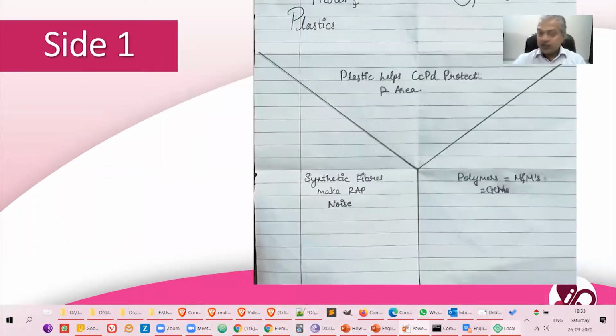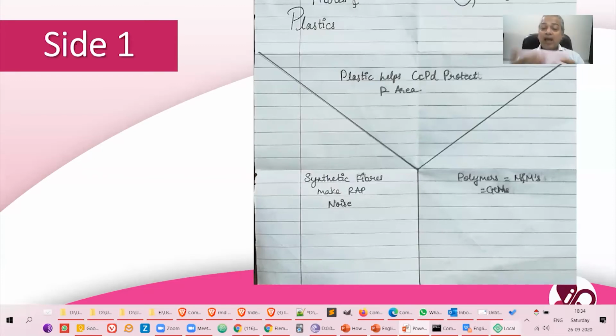On side 1, I've divided it into half. I'll just show you. This is side 2, where I've got all the mind maps, and I'm folding that part.